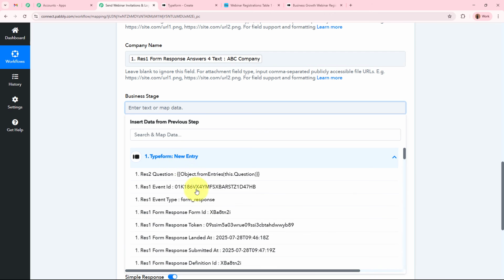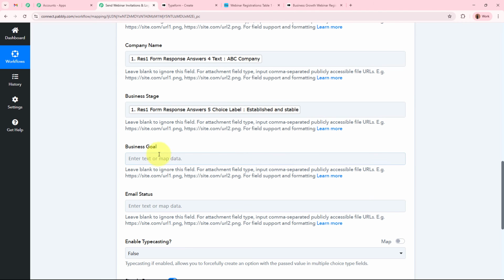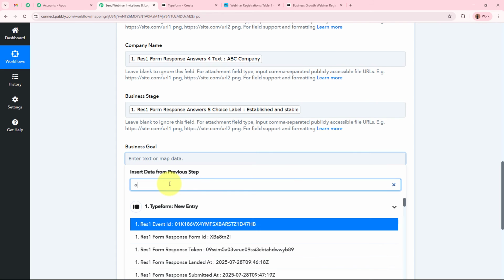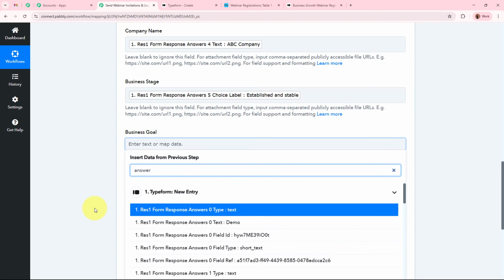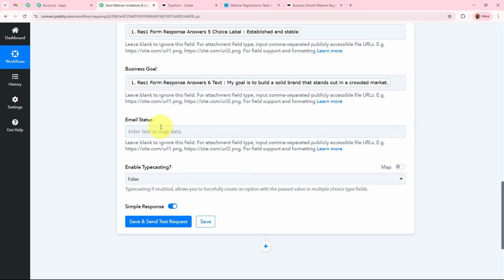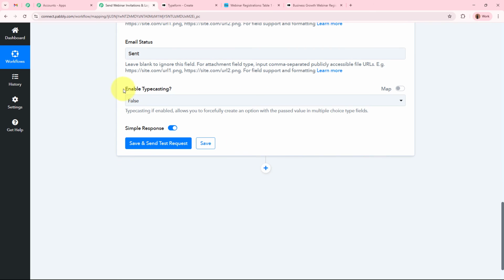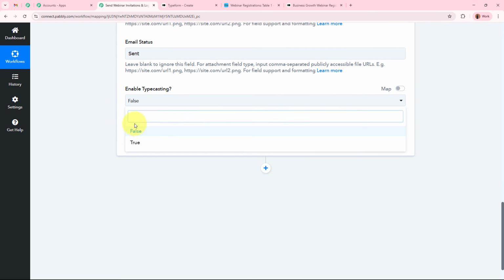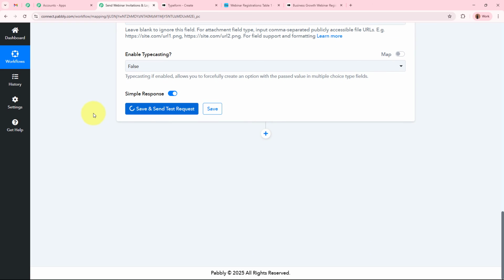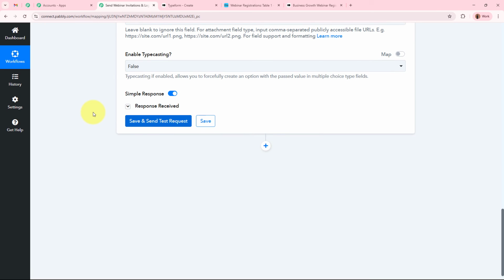In a similar manner, for the business stage, I'm going to map the data of the stage. I'm going to search for it. This is the stage. I'm going to map the data, and I'm going to map the data of the goal as well right here. This is the goal. I'm going to map the data. Okay. And for the email status over here, I'm going to write as sent. Okay. After writing the email status, it is asking for enable typecasting. I'm going to select the option as false